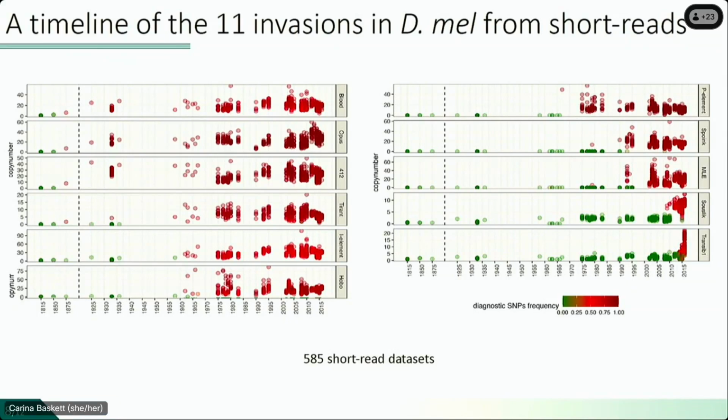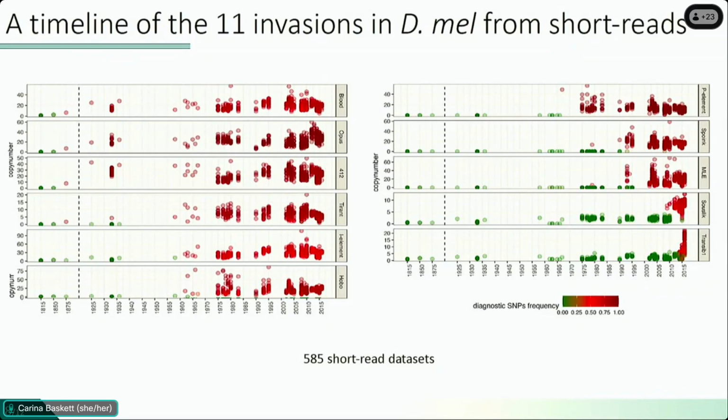Yes, so what we are looking at in each panel are the same line, but each one is telling us about a different transposable element. On the y-axis you have the copy number estimate, and on the x-axis is the time. So for each dot you will have the same x, but the y will change depending on the transposon you're interrogating. Like here, a line from, let's say, Canton S was collected in 1935, and you see it in all the panels, but in this panel it's green because there are 0 copies of Transib 1,